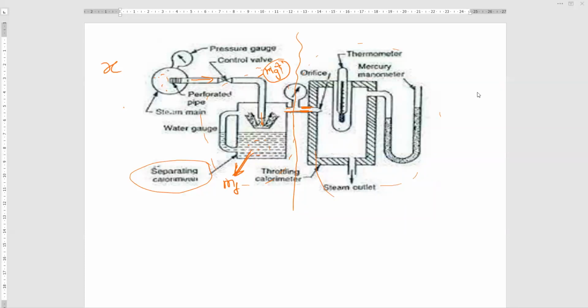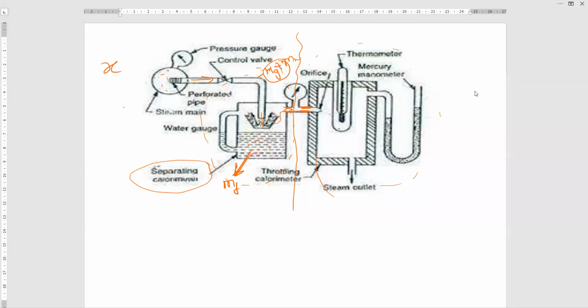And the remaining, as I told you, is the mass of gas. It is a mixture of mass of gas and mass of water, which I said you call moisture. Here we have separated the fluid, that is, the water content, and removed it. The only thing left is the mass of gas, mg, which goes towards this side. Understood? Don't assume that mass of gas is only some kg. The steam, mg, will go towards the throttling calorimeter. In the separating calorimeter, only the fluid and the steam are separated, and to the throttling calorimeter only the pure gas goes.